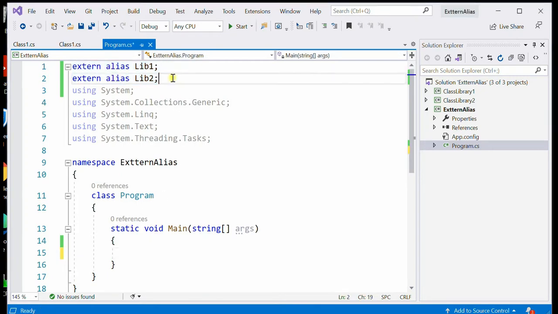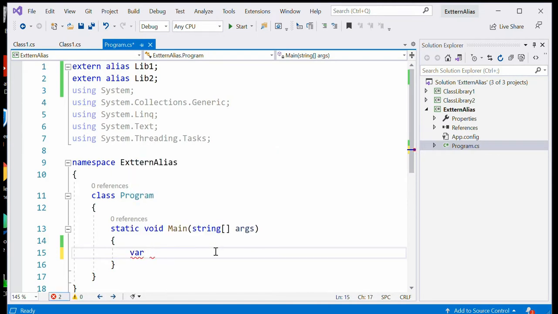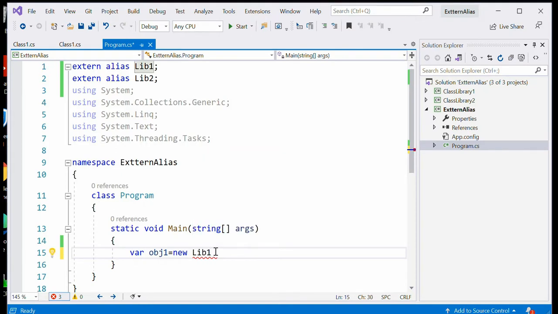After giving the extern alias keywords, now create the objects and call the functions. For that I'm writing the code: obj1 equal to new library1, dot, my class name is Class1.